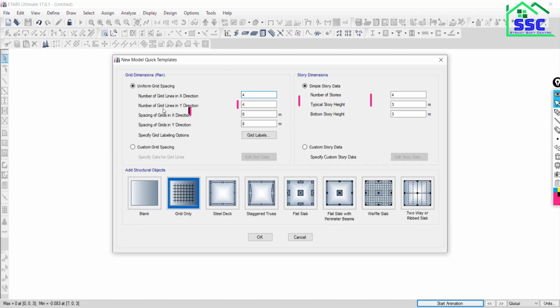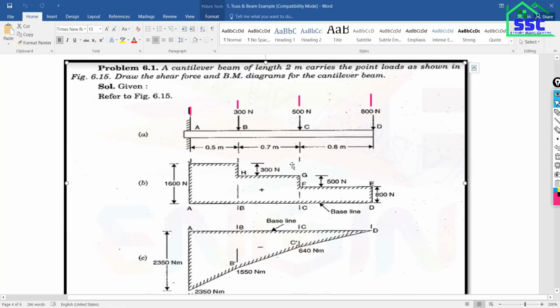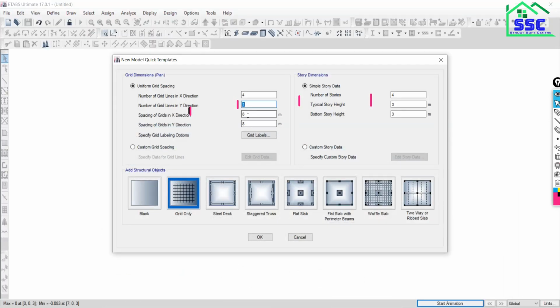Number of grids in y direction, say 1, and spacing of grid in x direction. It is non-uniform spacing, so put any value, suppose 0.5 meter. In y, say 1. Once it is done, go to custom grid spacing option.